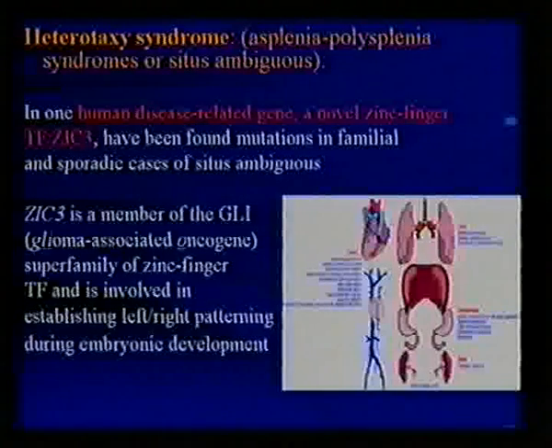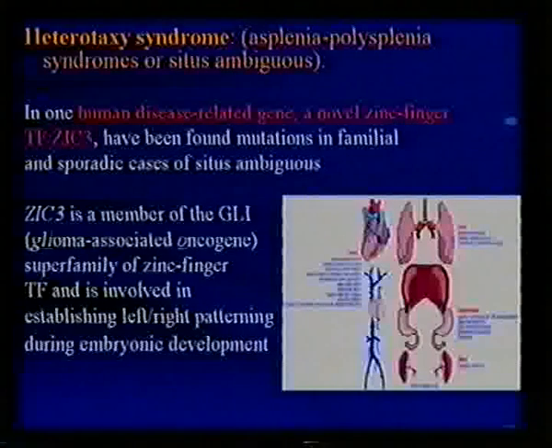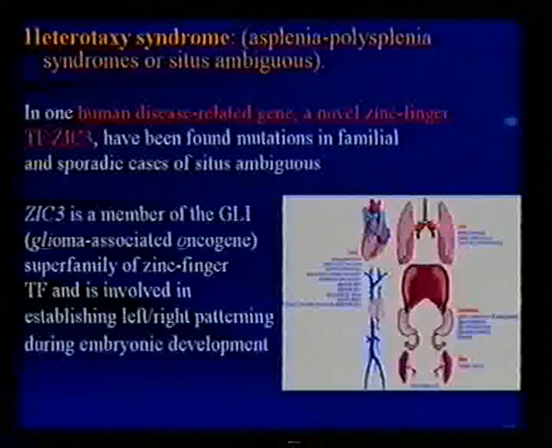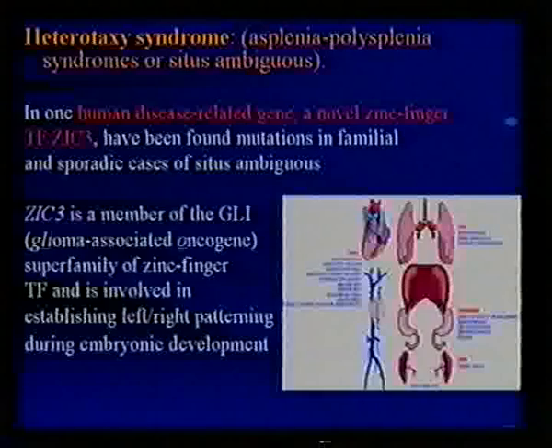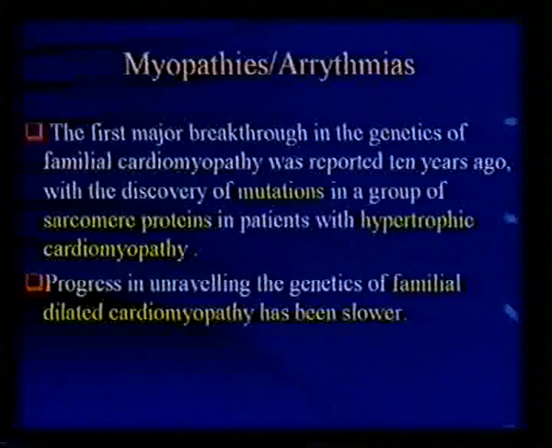Also, mutations have been reported in 1 or 2 familial cases of the heterotaxia syndrome. And of course, the well-known association of mutations in certain genes with the entity of cardiomyopathy, in particular the hypertrophic cardiomyopathy, which has an important role in the prognostic and diagnostic factors of this anomaly is